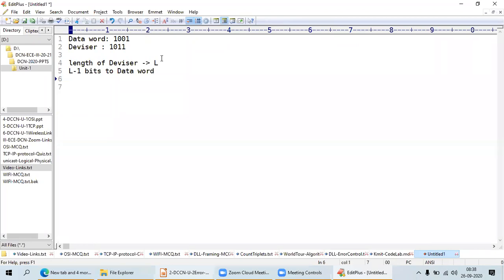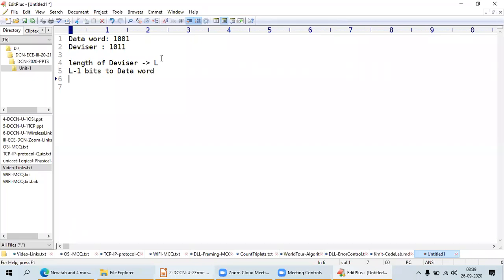Here I have a data word and a divisor. This is like public key encryption techniques, you can think like that. The divisor is already known to both ends.